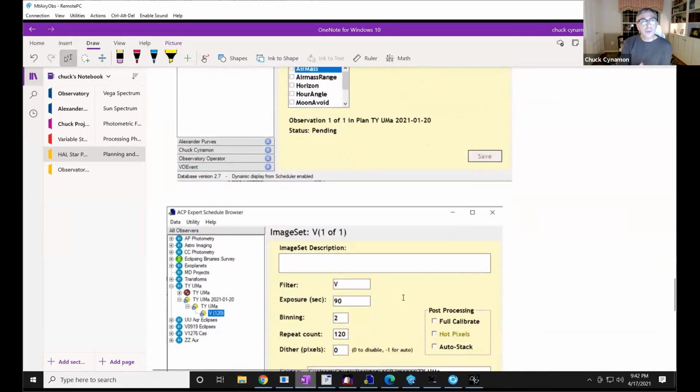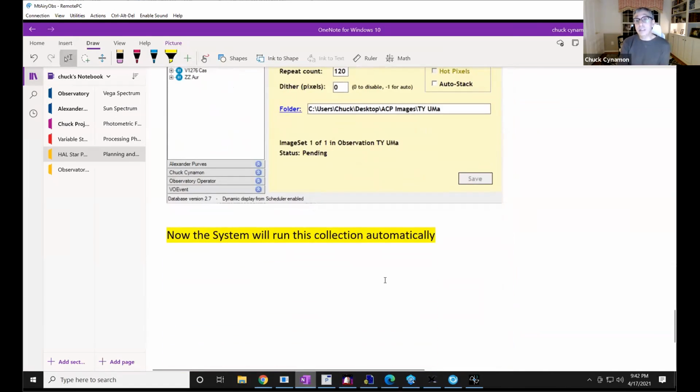So that's the basis of figuring out what you want to do and putting the collections into the system. And you can set this up for any number of stars or astro imaging. And when the system's not busy doing this, on a clear night, it'll go off and do astro imaging, it'll do other types of observing based upon what people have just requested the system to do. So I was going to stop here.